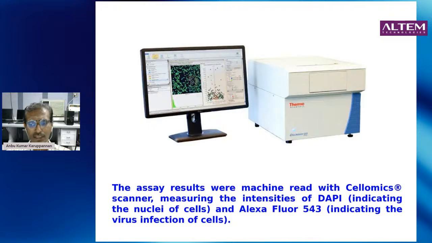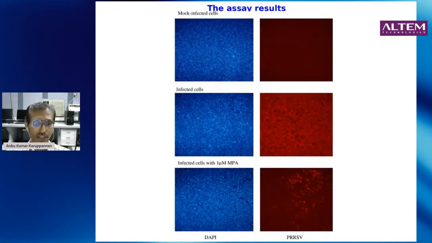It can see many wavelengths. So we were using a monoclonal antibody to detect the viral proteins, and a secondary antibody to detect the monoclonal antibody, which was in the red wavelength. And the software attached to this machine was capable of returning the level of virus infection in each cell by looking at the viral proteins. And also we used DAPI to look at the cell nucleus.